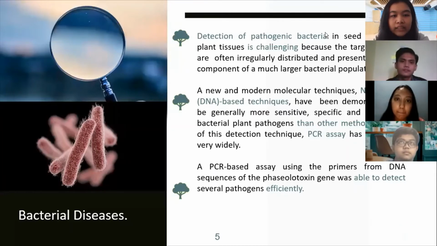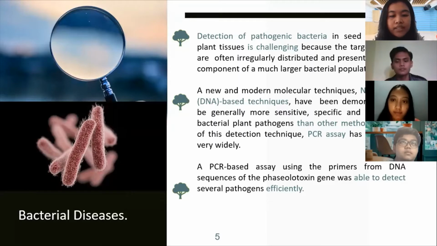So next is bacterial diseases. Detection of pathogenic bacteria in seed and other plant tissue is challenging because the target bacteria are often irregularly distributed and present as a small component of a much larger bacterial population. The second one is new and modern